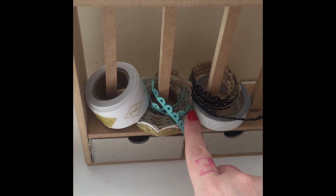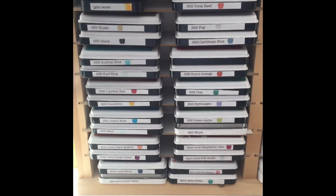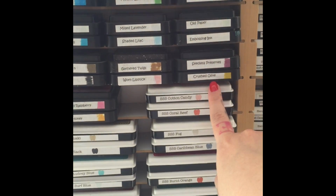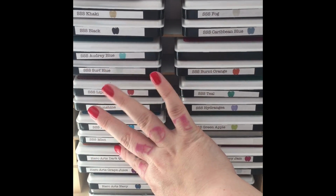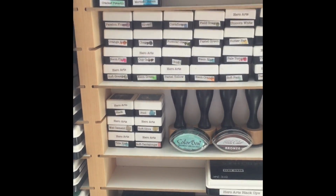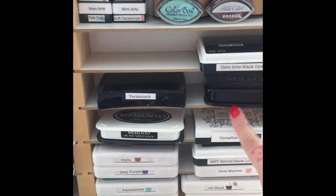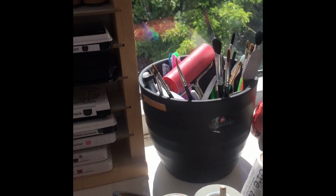It's just some stickers and glitter tape and things. Got my stamp pads, my Hero Arts scrubber pad, more stamp pads. Those are the Martha Stewart ones. Distress foam, my beloved ink rack with all my Distress inks, my So Mrs. Stamp inks, my Hero Arts inks. Hero Arts and So Mrs. Stamp ink have the exact same formulation, so they're interchangeable as a brand. They're really cool. All these are Hero Arts. My favourite blacks, Versamark, jar of tools and paintbrushes,